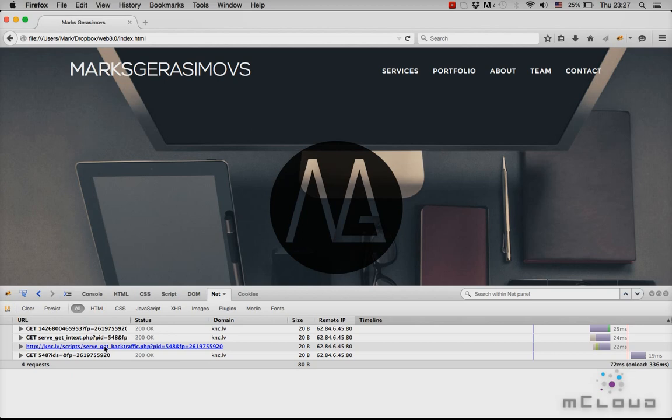You will see that your page is sending requests to our server, KNCLV or mcloud.g. It can be different depending on the system or region where you are. So the system afterwards will check if there are some banners to show for you right now. If there are no requests from your side, then probably you have to check for mistakes.